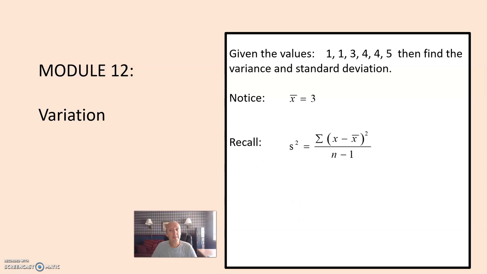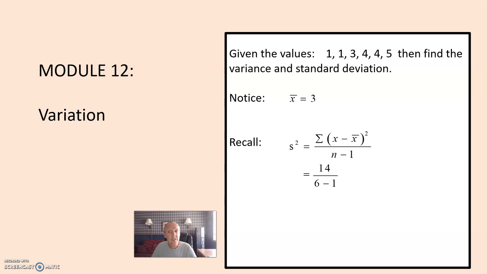Recalling that the variance is equal to, notice we're talking about variance now and not standard deviation, the variance is equal to the same expression we saw before without the square root sign. That is, the variance is equal to the summation of the quantities of the x minus x bar squared divided by n minus 1. So I think we have all of our values. I think we're ready to substitute those in.